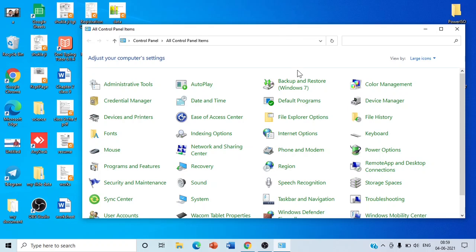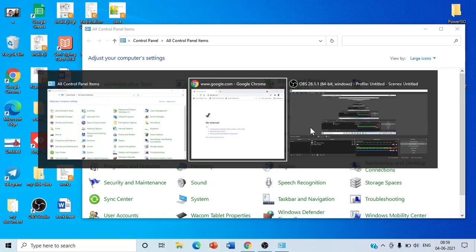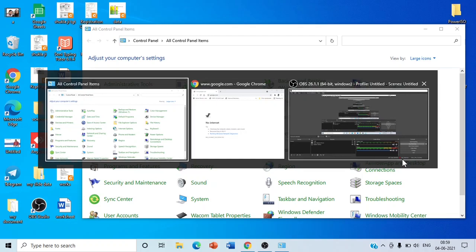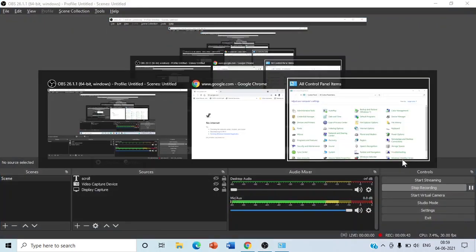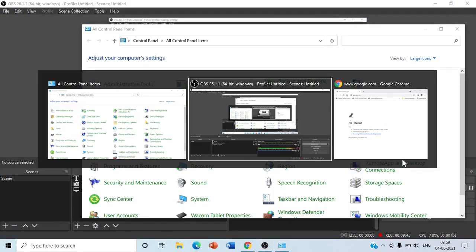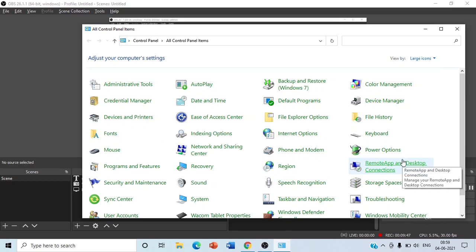And one interesting feature is Flip. What is Flip? With the help of Flip, you can switch between the open windows. For this, you will press the Alt and Tab buttons. You will see that when you press the Alt button, all open applications are shown as small icons. You can select any one with the help of Tab. That feature is known as Flip.